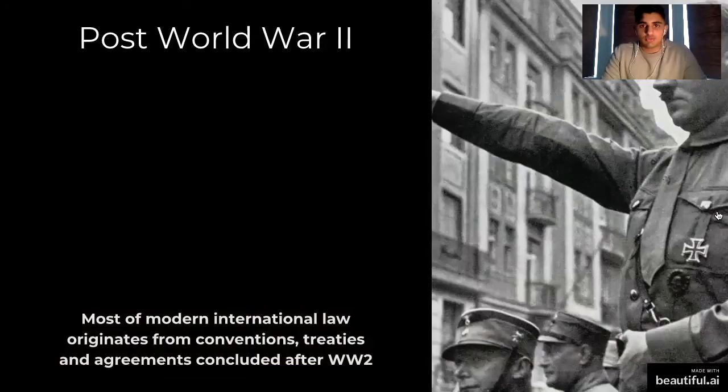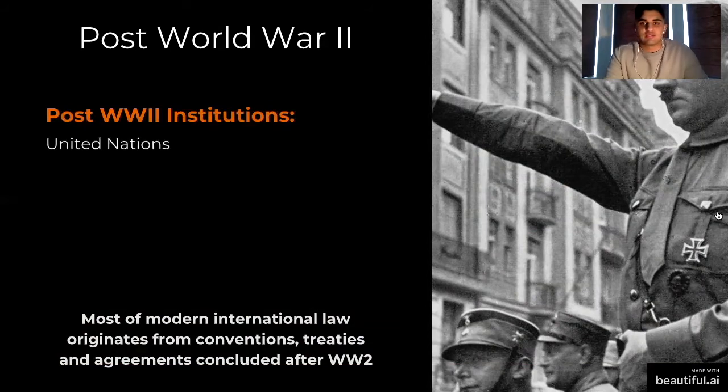After World War II, when people came to terms with the atrocities of what just happened and of many human rights abuses, people began to take more of an interest in international law. And so most of modern international law originates from these conventions and peace treaties and human rights treaties that were concluded after the war. So examples of these institutions would be the United Nations, the World Trade Organization, and GATT,